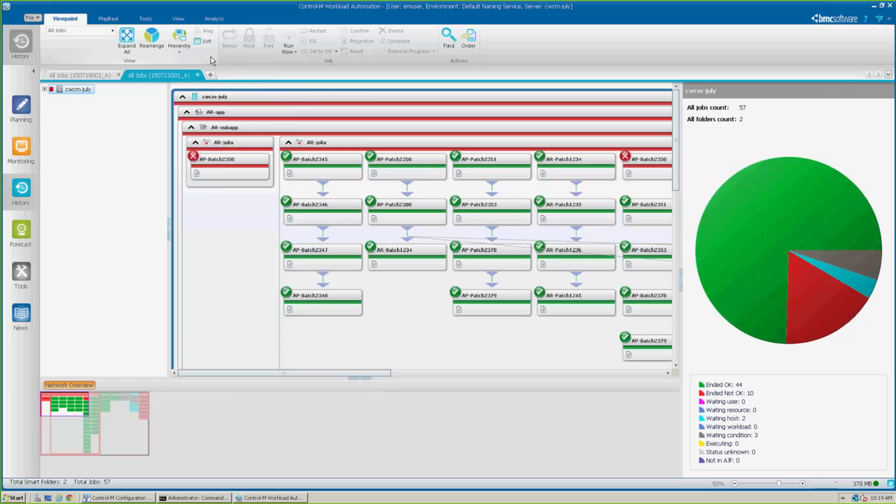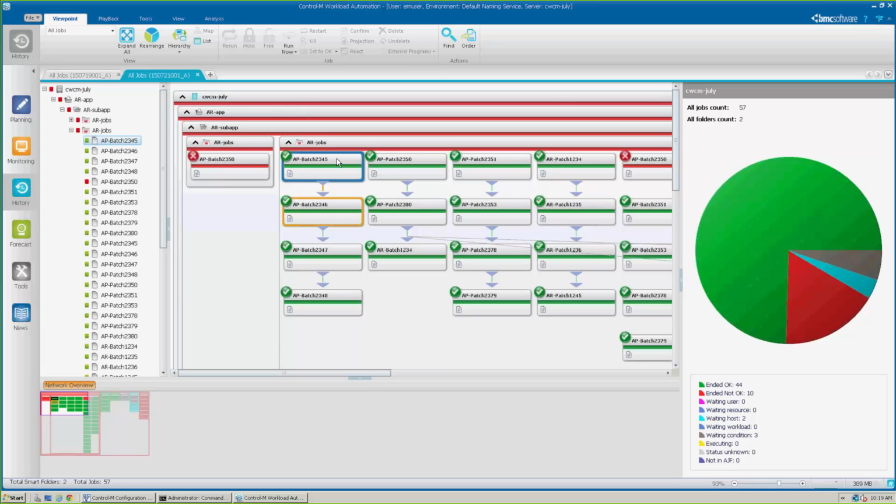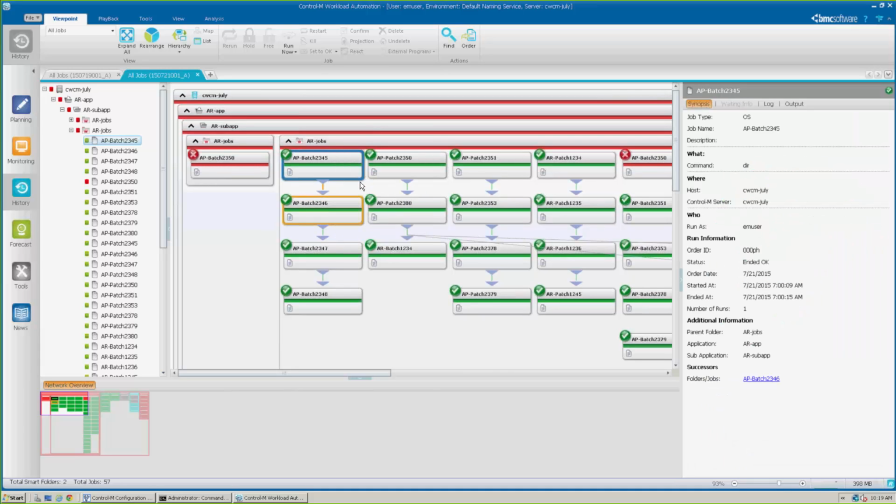You can use any of the options up here. You can change the hierarchy, do any of that information, do find. So we're going to look at AP batch 2345. If you select the job, you can look at the log output